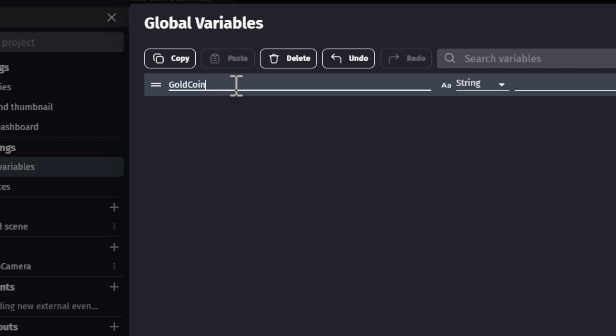Gold coin. Just make sure that the variable doesn't have the same name as an object or as anything else. I think it will still work. It's just weird when you're typing it down, it doesn't finish it for you because there are two things with the same name, so it's a bit confused about it. So just make each variable and each object have a unique name. So gold coin,